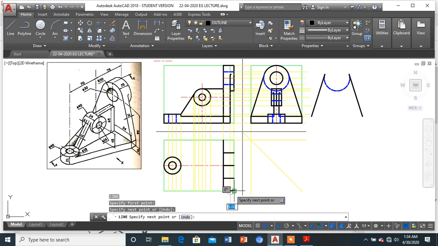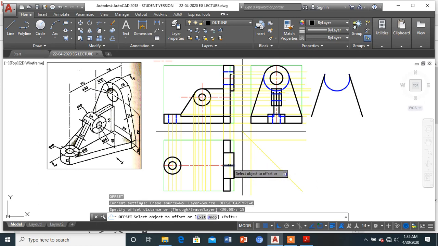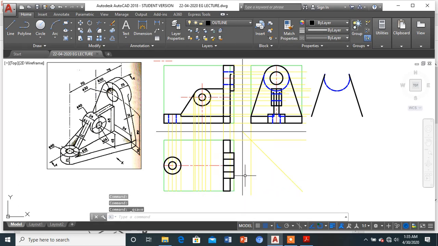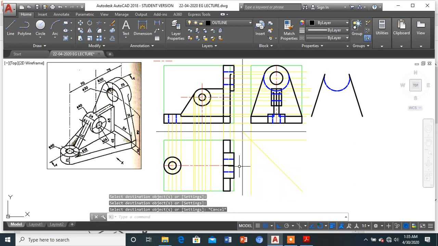Even I can extend this. The inner one is of radius 15 mm, that is diameter is 30. I can just make it as the hidden one. So these are the hidden lines over here. It's a prominent one. Wherever it's not required, this line I can delete.